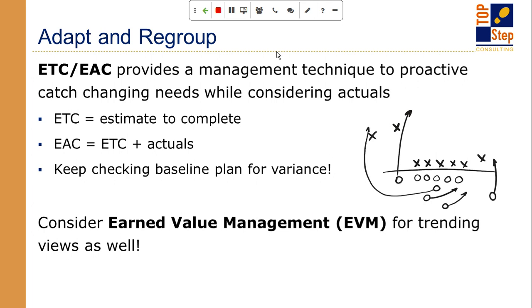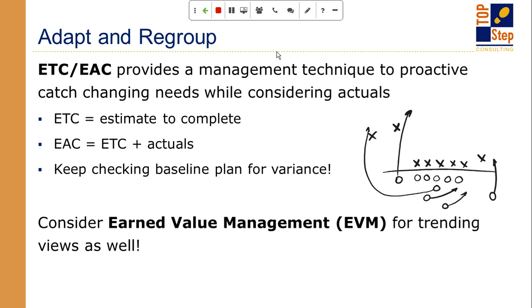Okay. As you are collecting your ETC, EAC information, you're comparing that to the baseline. So you're understanding whether you're burning hot or burning cold. Does it look like you're spending more time in a certain area than you expected according to your baseline plan? So you continually bang it up against the baseline to understand what's changed, and do I need to take any kind of reactive or proactive action in that sense.